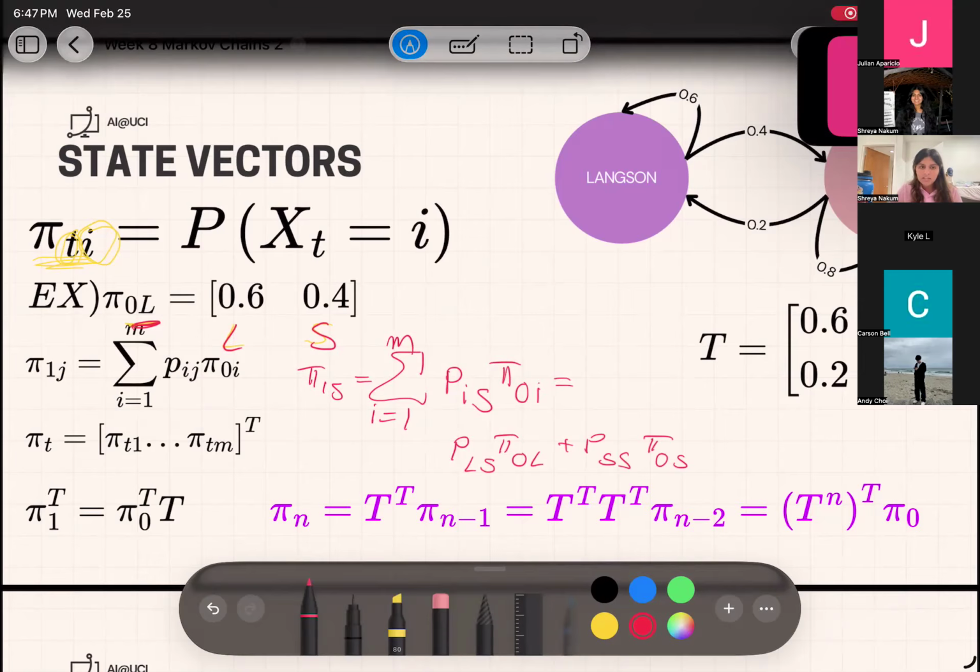If you think about it, it makes sense because when we talk about things like the Markov property, independence plays into this, so you have to multiply them. That's the way we predict, and that's how we get the new state vector.